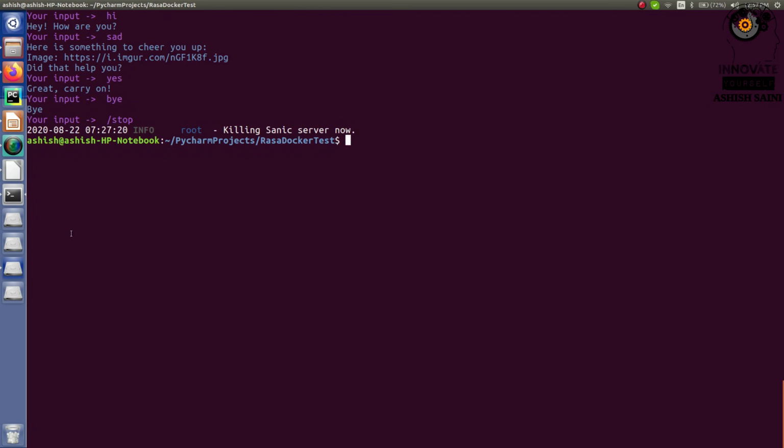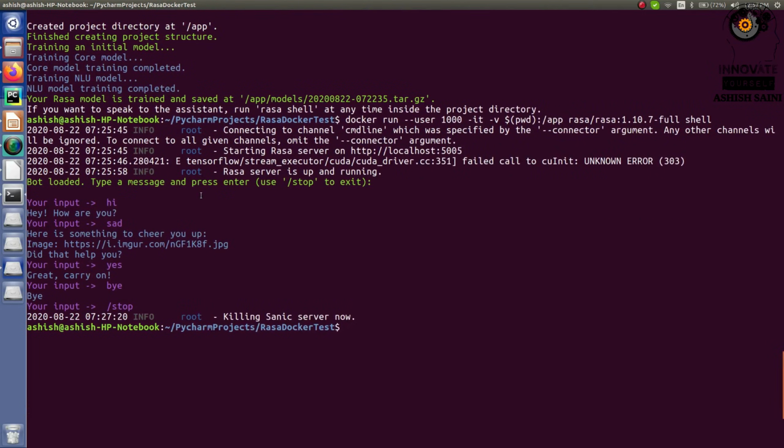So in this way what you have done is you have run your Rasa shell, or let's say you have talked to the bot with respect to the Docker container that you just created. Now everything is inside the app directory inside the Docker container, and you also have the same thing in the current directory. So in this way we are running everything based on Docker.